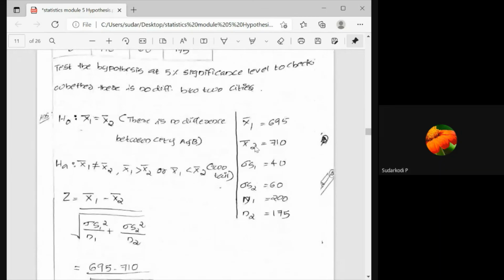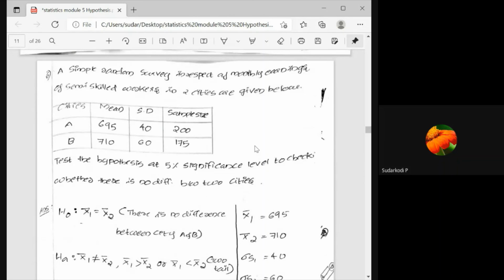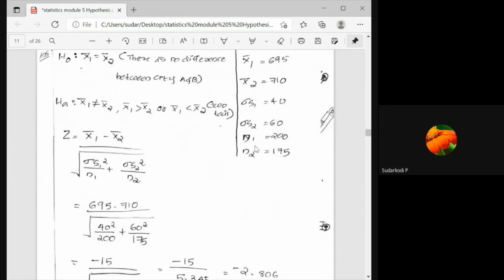So these are the three formulas which, from an exam point of view, they will ask you in the z-test. First one, when it is infinite. Second one, when it is finite. And third one, when you have two populations and two samples drawn, you have to check whether both the samples represent the same population or not.